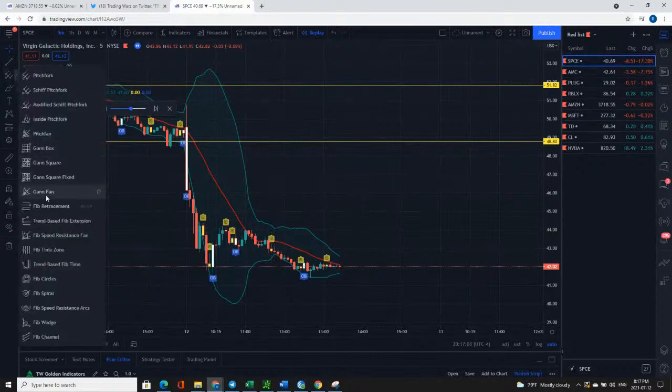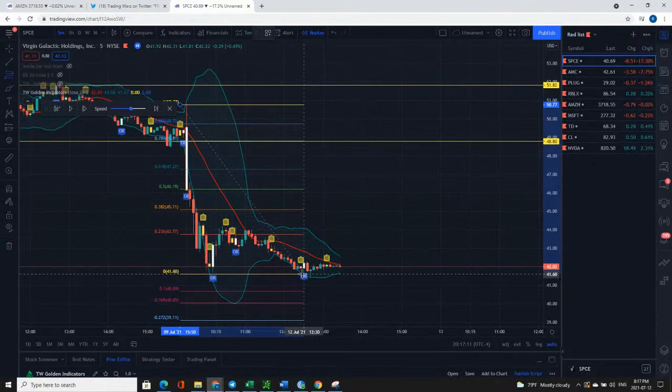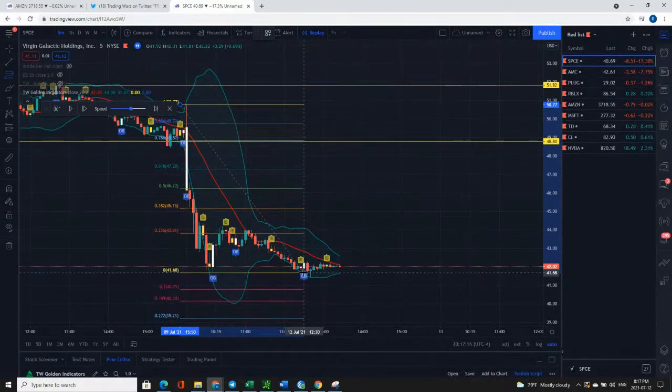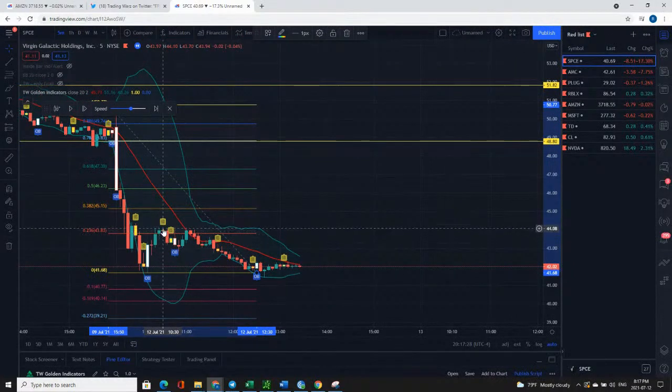If we look at the Fibonacci, we take the Fibonacci from the high to the low, from my book, right here. This is the morning leg. Normally when we have a big sell-off like this, a lot of the time when we retrace, we're not going to retrace deep, because it's so violent. Instead, we get this retrace to the 236. And at the 236, it's a very beautiful trade because you have an inside bar right there. That's your signal to try.